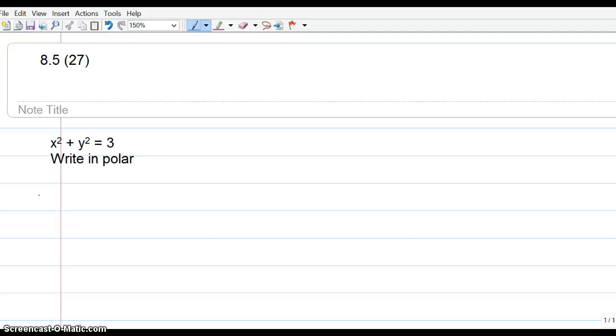So in class, we did a lot of practice with changing Cartesian coordinates into polar coordinates, and here they would like us to change a Cartesian equation into a polar equation. Remember that polar graph equations are written where the radius is a function of theta, so r is a function of theta. We still have at our disposal all of the formulas that we had before,